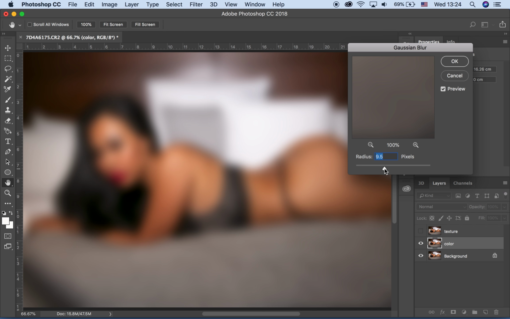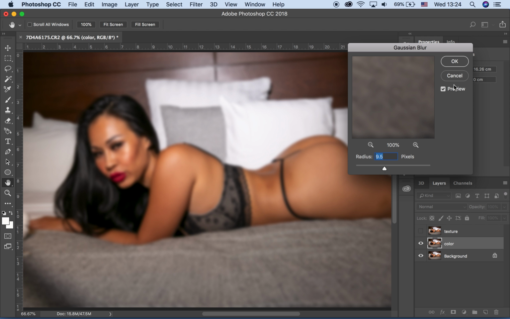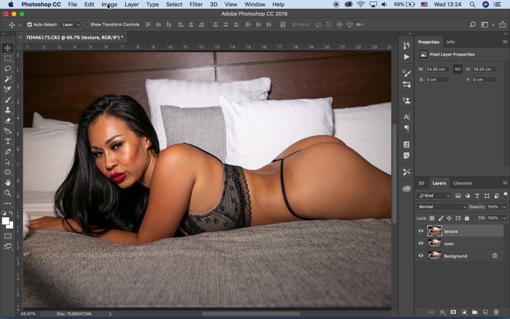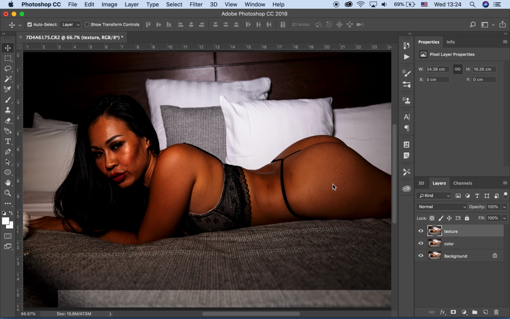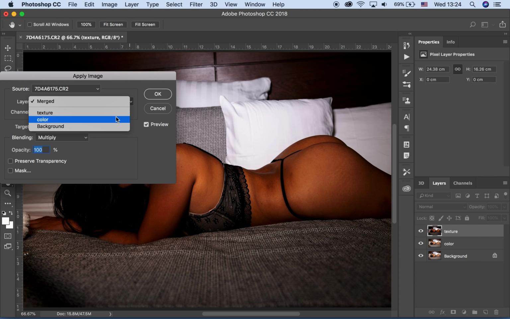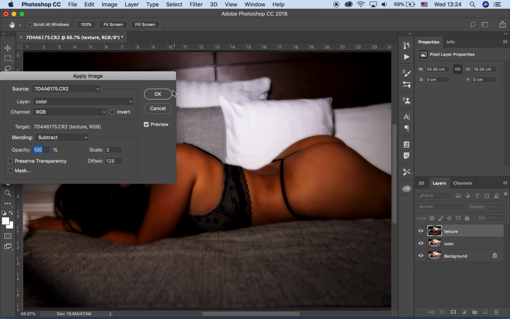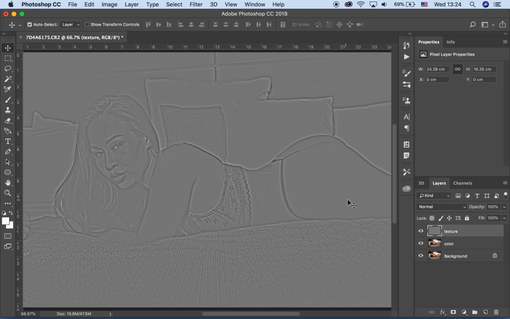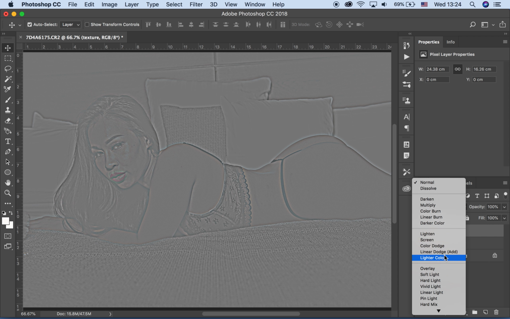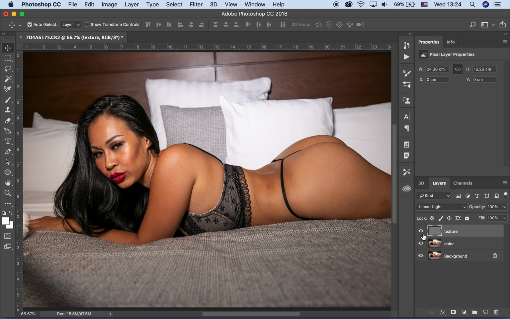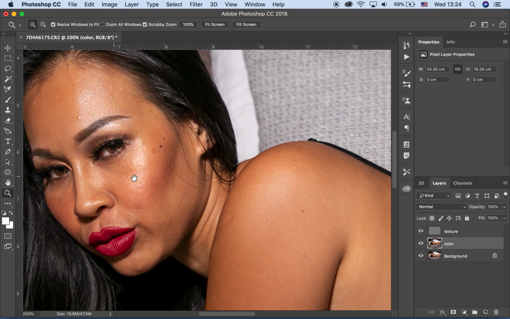Gaussian blur, something like 9, 9.5, 9.7, whatever. Then go to Image, Apply Image, and on the color layer, subtract, hit OK, then OK. Go to color and